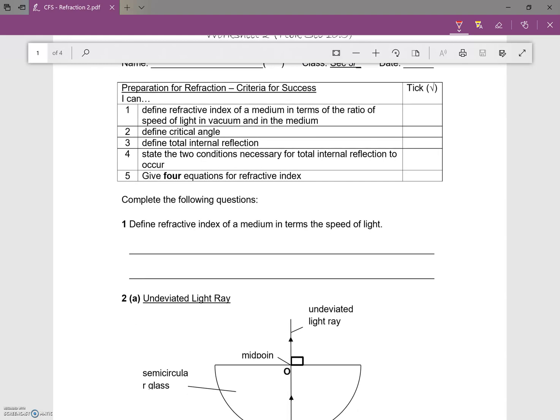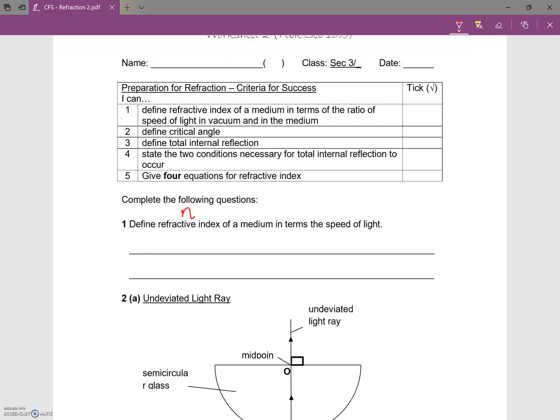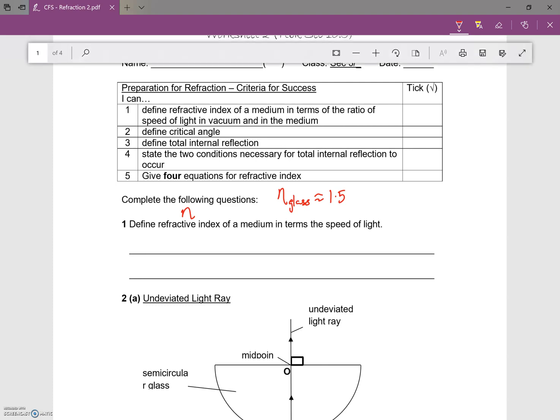So, refractive index, which is this n over here, is actually telling you how much the light slows down by when it travels from air into whatever medium. So, for example, the n of glass is approximately 1.5. So we know that when light travels from air into glass, the light will slow down by about 1.5 times. So going by that idea, refractive index n,